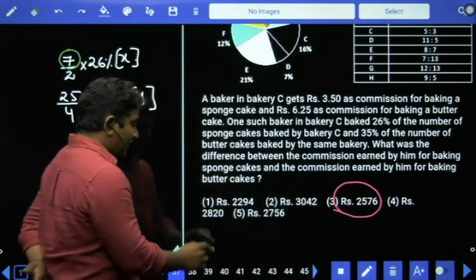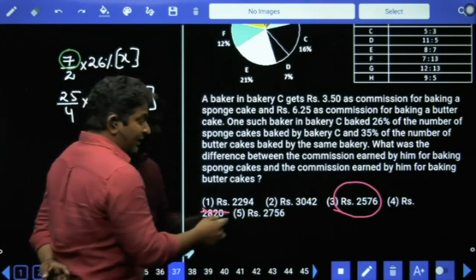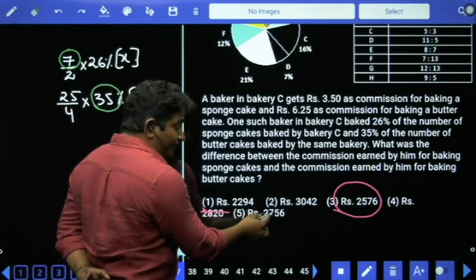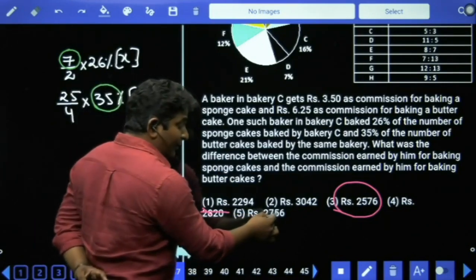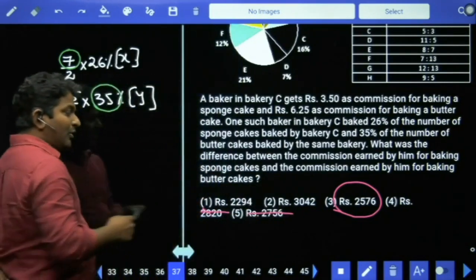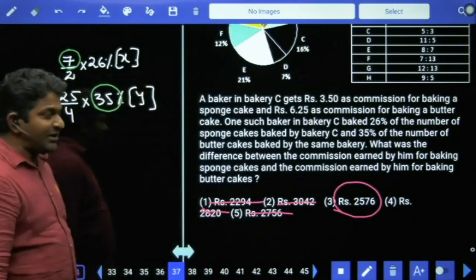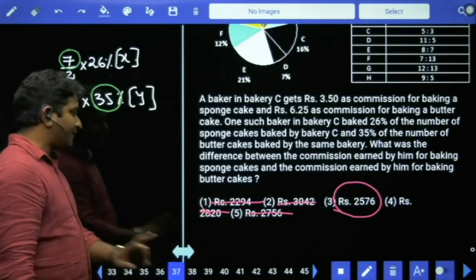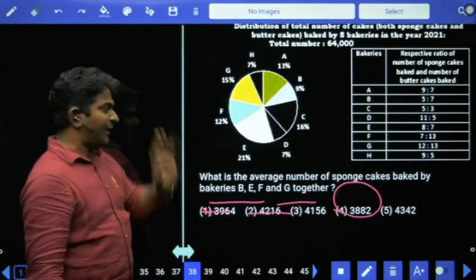Hold it. 7 4 is 28 and 20 is not a 7 multiple. 7 3 times 21, 65 we have. 7 9 63, 26 is not a 7 multiple. So out of 5 options, there is only one 7 multiple. 25 76 is our final answer. Don't even try to calculate how much is X and how much is Y. It takes a lot of time.